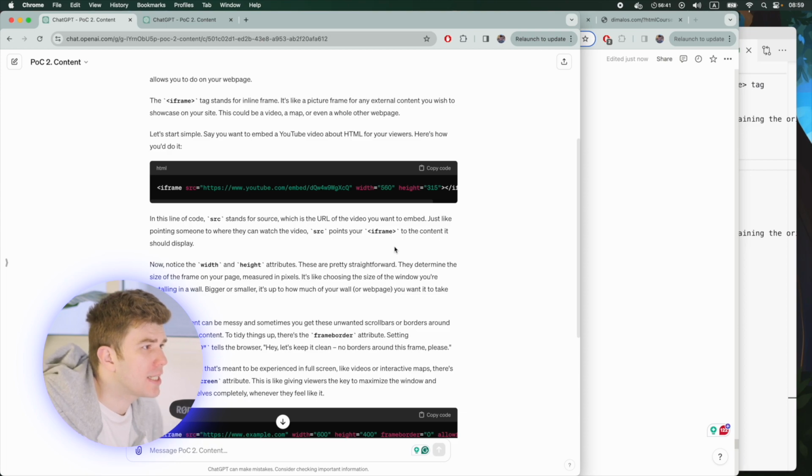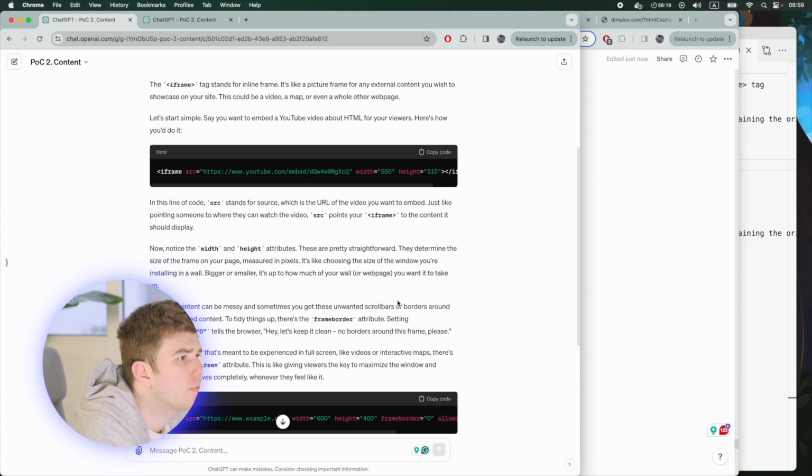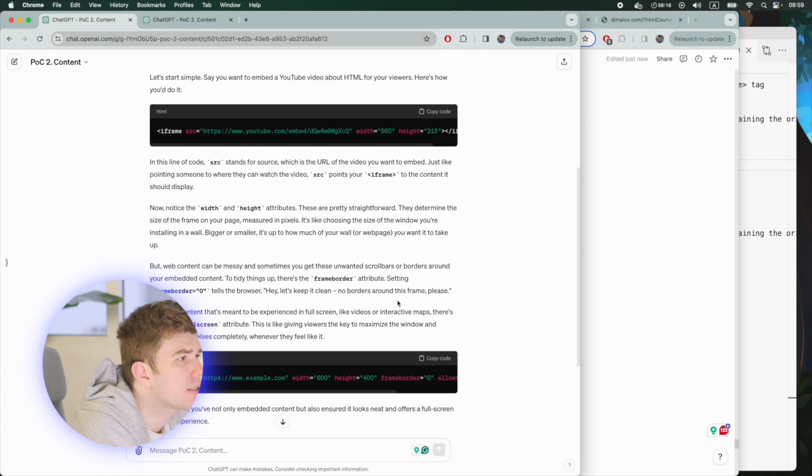But web content can be messy, and sometimes you get these unwanted scroll bars or borders around your embedded content. To tidy things up, there is the frame border attribute. Setting frame border tells the browser, hey, let's keep it clean. No borders around this frame, please. Lastly,